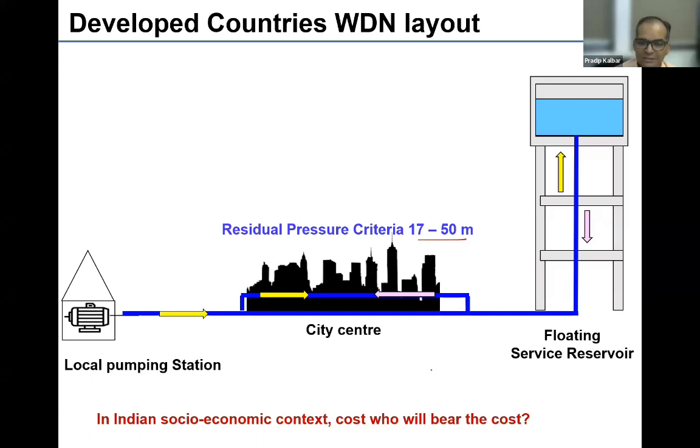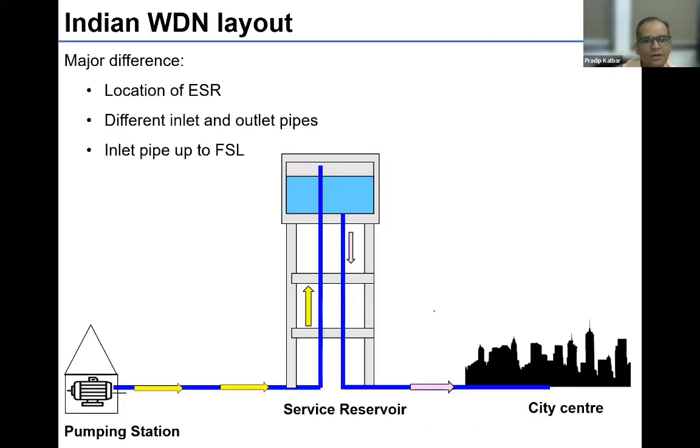There have been many efforts of 24/7 throughout the last 1 or 2 decades, but those are not successful. And I have not seen the designs are correct. The designs and configurations are not correct in those installations. So we have to understand this particular system, and what we have adopted is a half part of this in whatever 24/7 projects we have done. In the Indian water distribution layout, mostly what happens is, whether it is gravity or pump, we pump it to the elevated storage reservoir and then supply to the city.